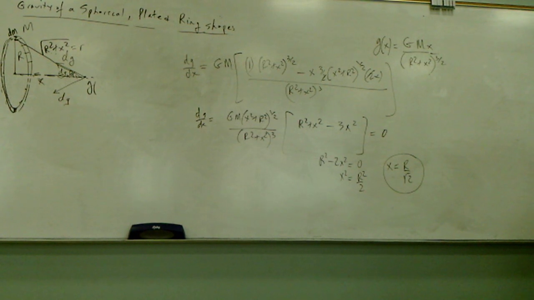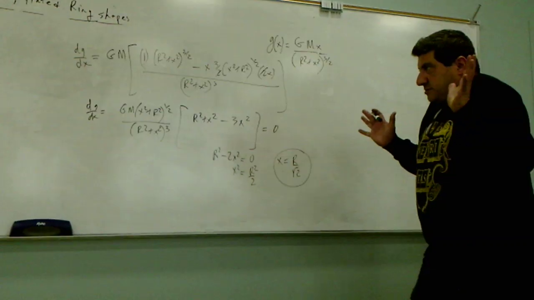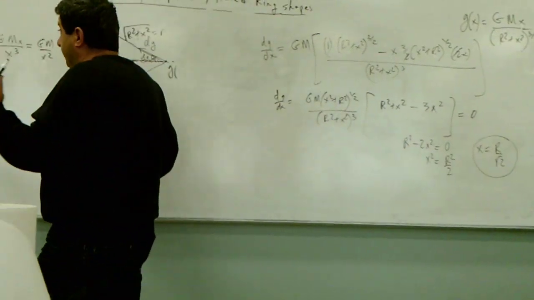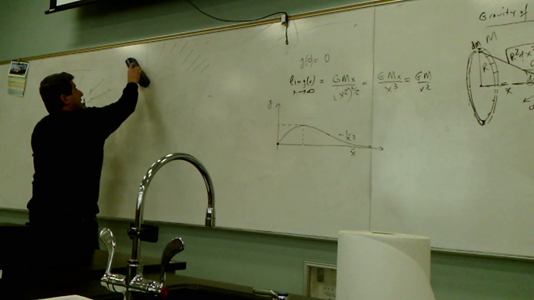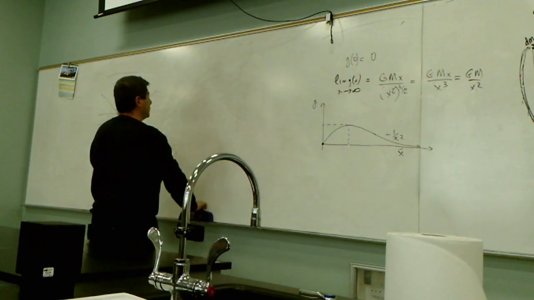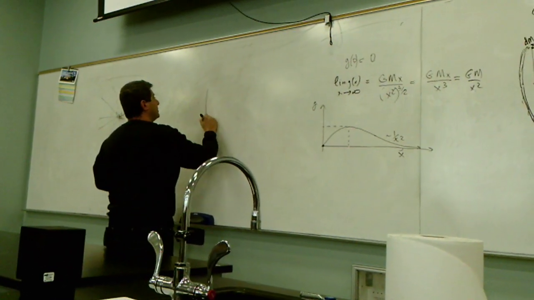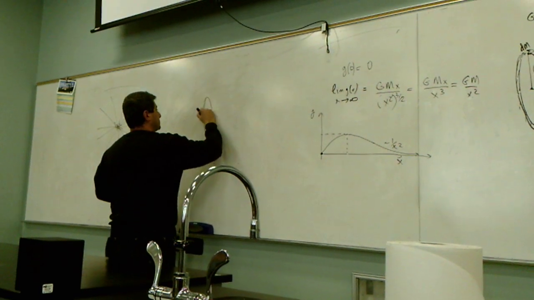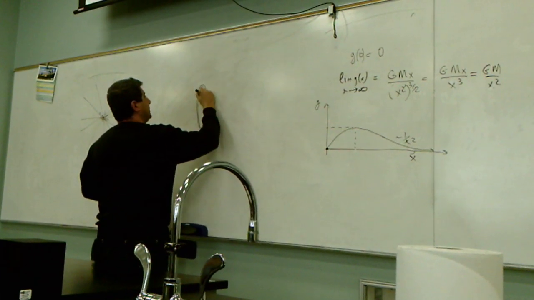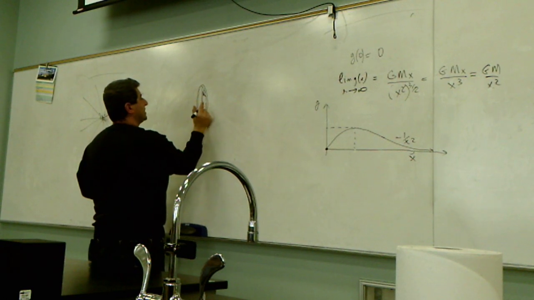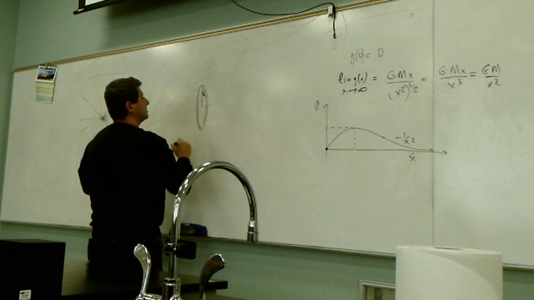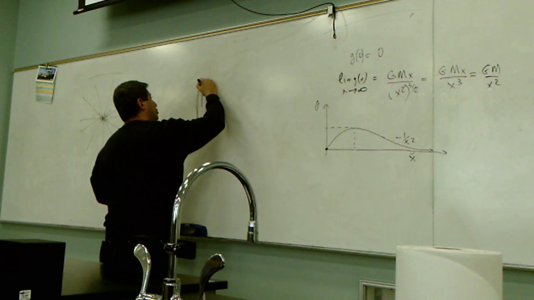So beautiful, I love this. Go crazy. So that means if I want to draw a nice picture of the gravitational field lines, here's a very good zoomed in picture. If this is the radius, r over root 2 should look something like this, right? So the gravitational field should come